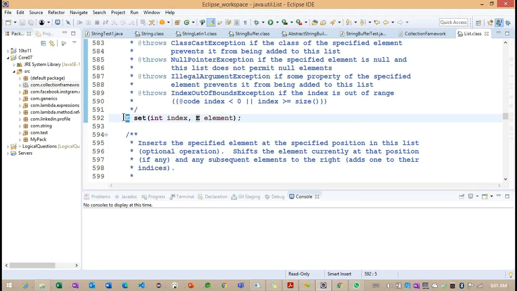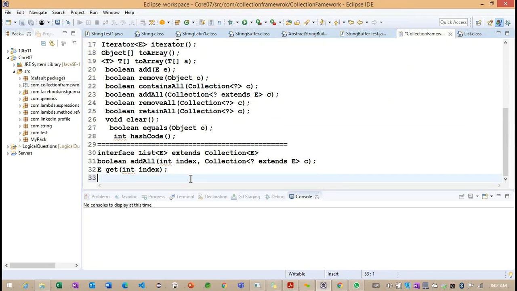So this is important here. Whatever element we added, the type of element we added is what we return from the set method. Getting the point. So see the difference here, because we already discussed the add method. The add method returns a Boolean value, while the set method returns the current object, the current element. Getting the point. So this is very important.